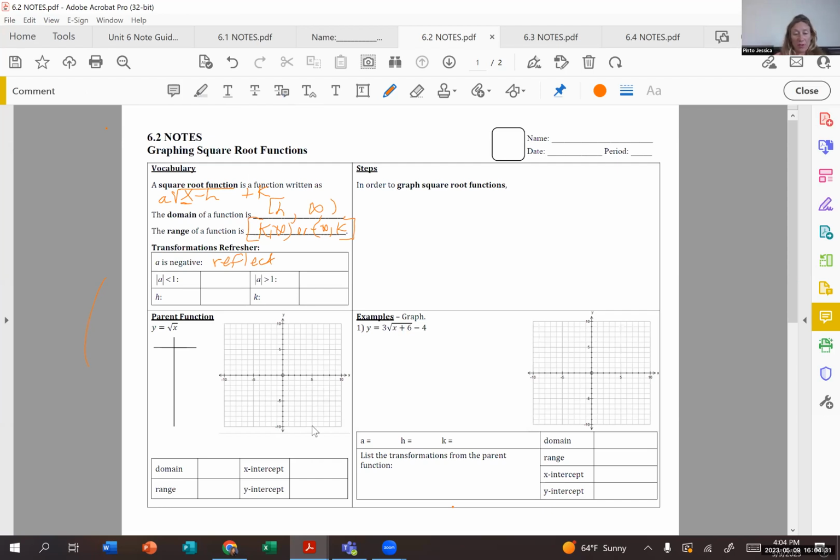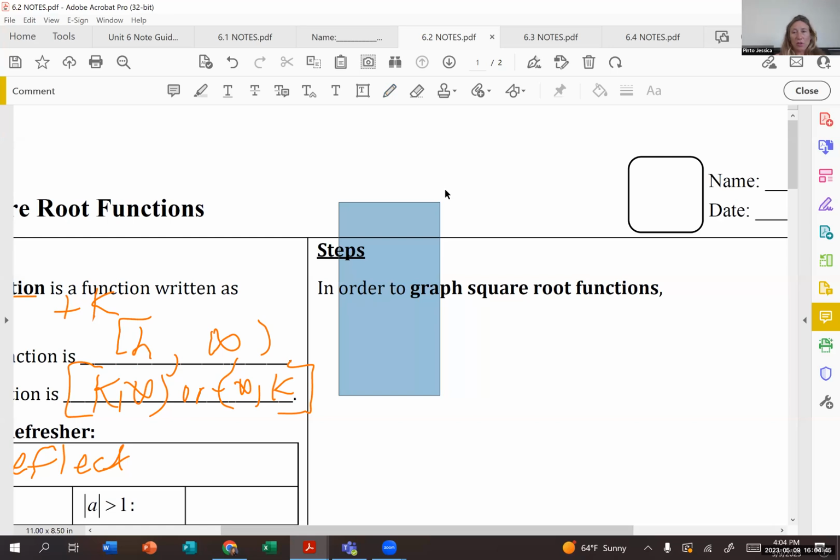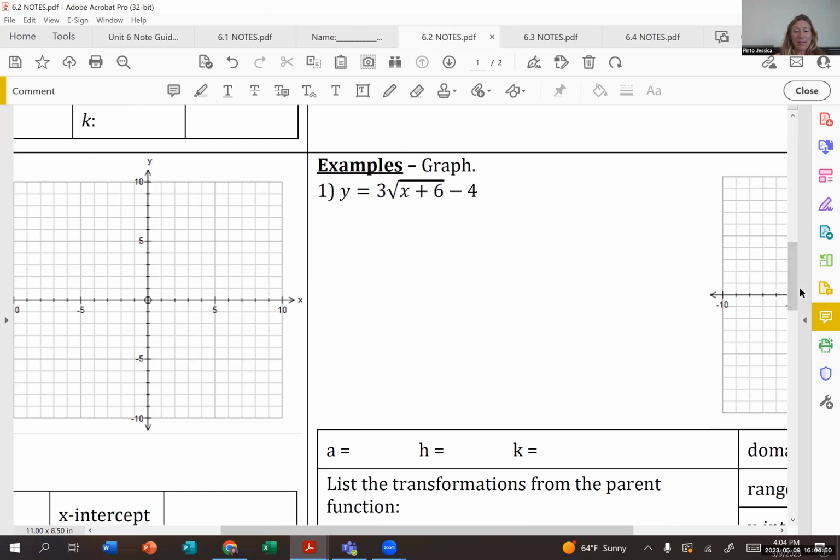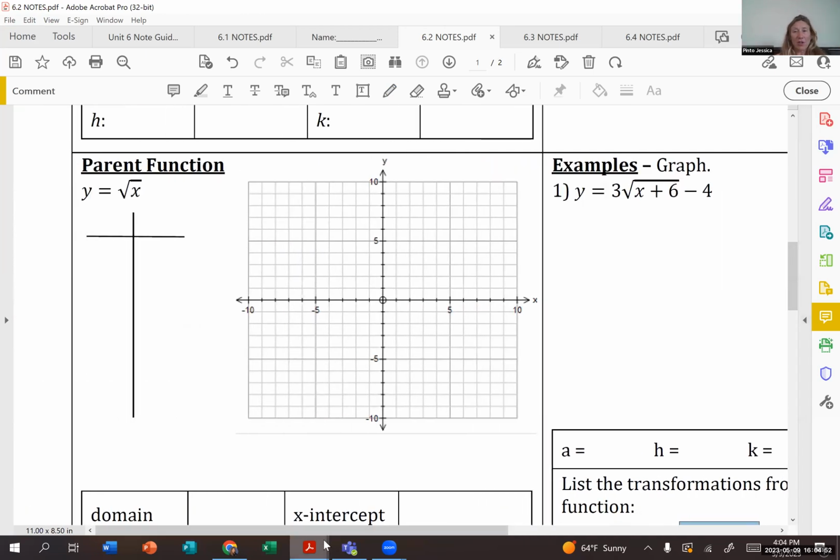creating the parent function. So the parent function for this is just the general square root function. And that means that we are plugging in just to the square roots. This one's probably going to be the fastest parent function since we've done so much square root work recently. So the values for x are going into the square root of x. So as you know, if you plug in -2, you get error,